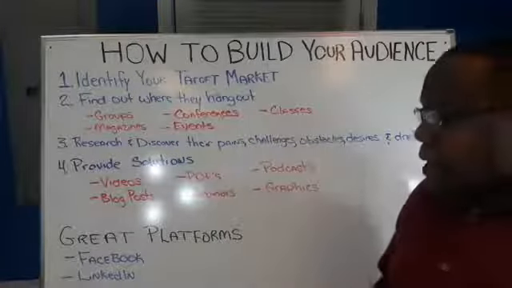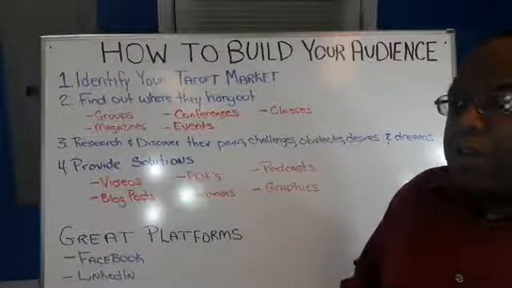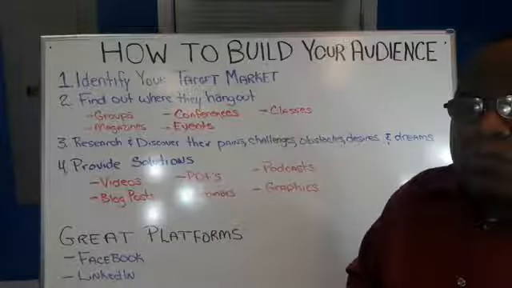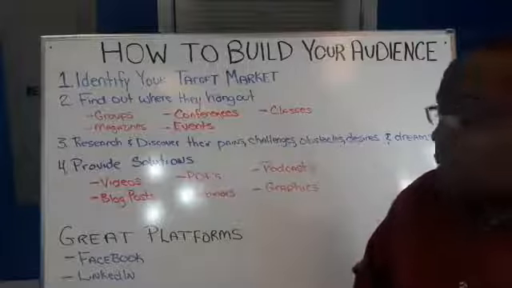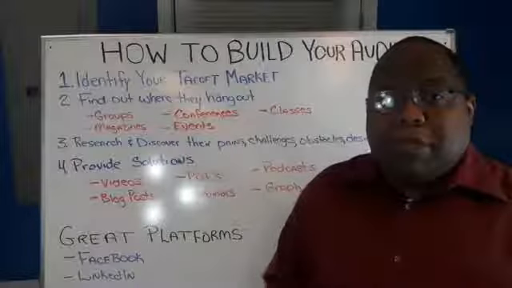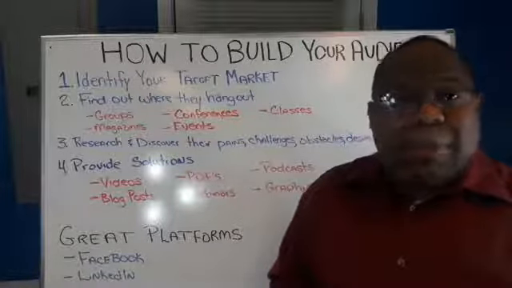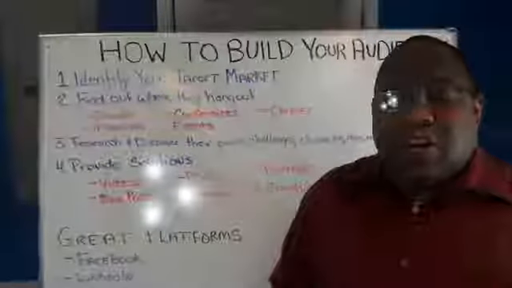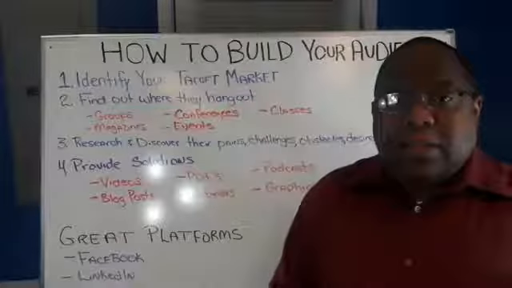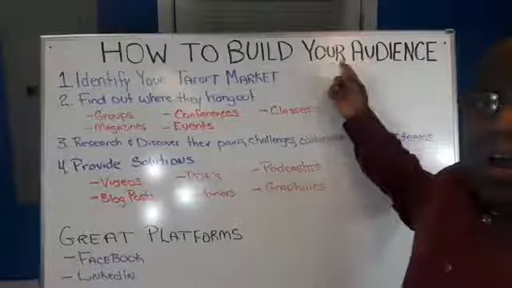So, for example, if I understand that people are into, I don't know, maybe there's a group out there that is into flipping properties or whatever the case may be. I may go in that group and start building relationships with people over a period of time. And as I build relationships with them, start engaging them, I'm not selling them, I'm not doing any of that. As I start engaging them, then I'll start sending them friend requests, adding them as a friend. And so what I'm doing is I'm building my audience.